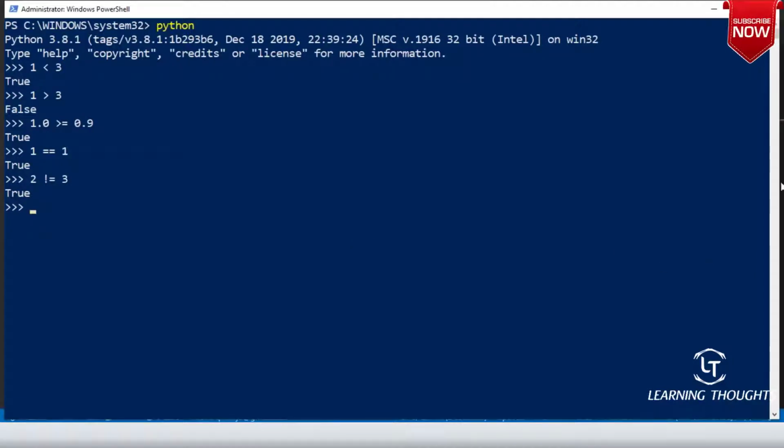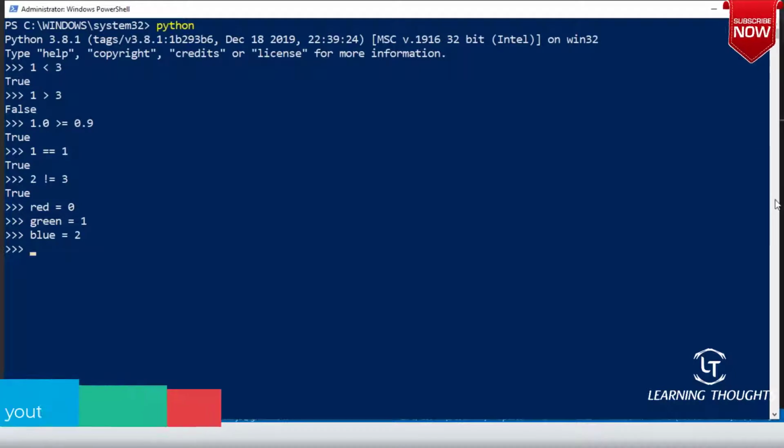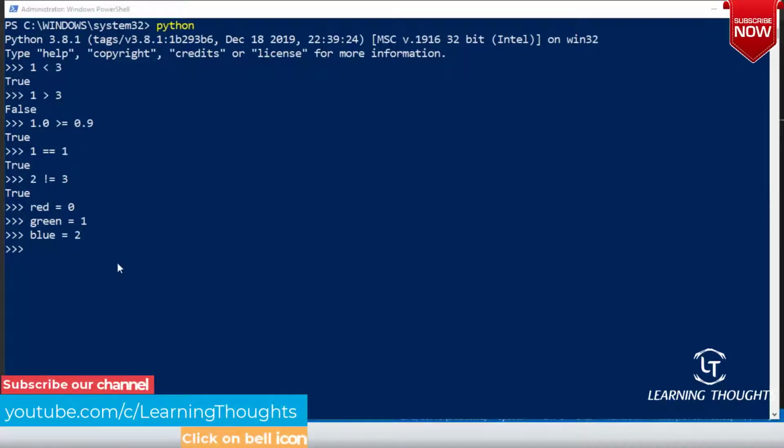Are you getting the whole science? This is a very simple stuff. You will basically be converting this, right? The same stuff can be done by basically trying to give numbers also. So let me assign red equals to 0, green equals to 1, blue equals to 2. So what are red, green and blue now? Colors are variables. Red, green and blue, are they colors or are they variables? To you it might be colors, but for our Python 3 they are just variables.